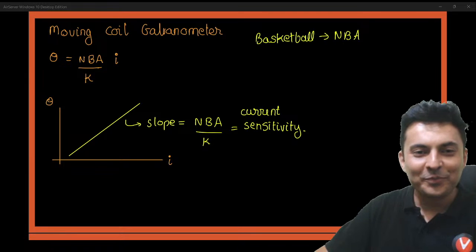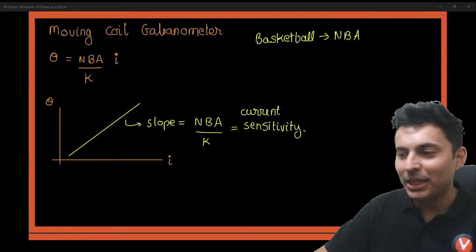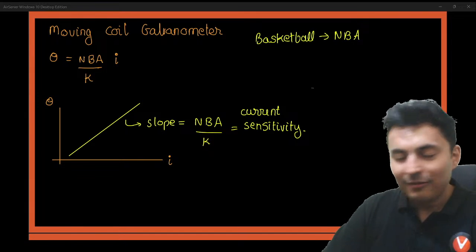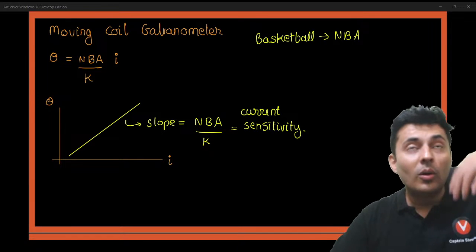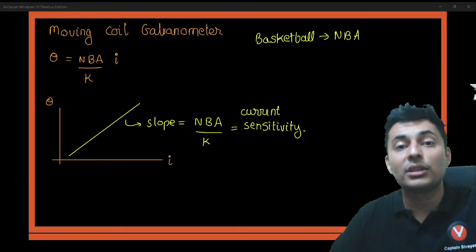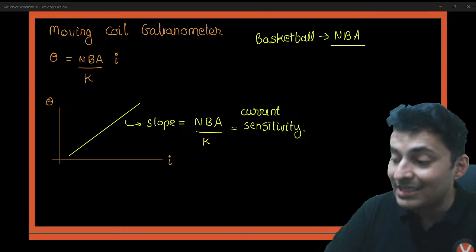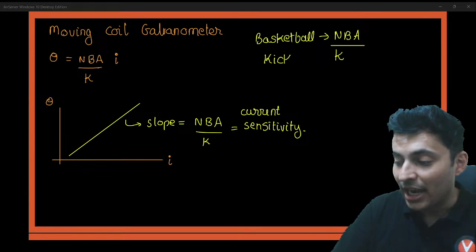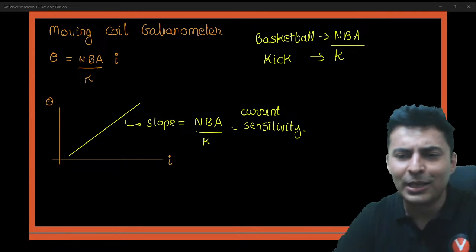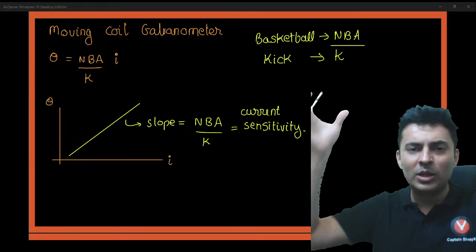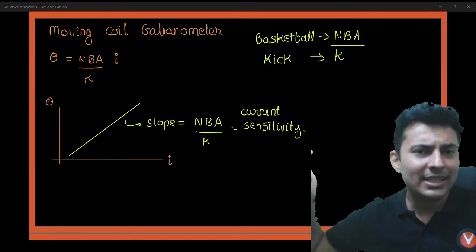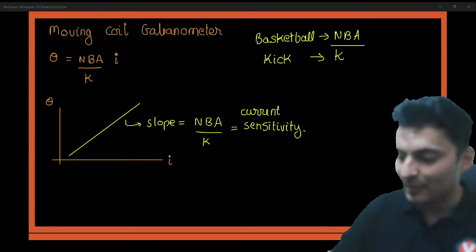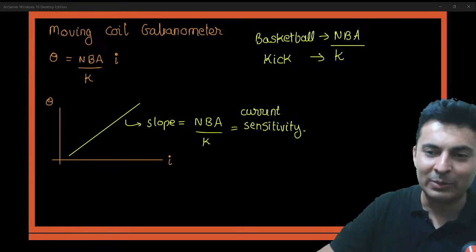Yes. You play it with hands, don't play it with legs. With legs, you will only kick. So basketball is played with hands, so it is on the top. What you don't do is kick it, and kicking is done below. So K for kick, and it is below. That's how you simply remember it. As simple as that. Basketball is played with hands, so it is on the top. What you don't do is kick it. Where do you kick? From below, your legs. So K is in the denominator. As simple as that. Easy peasy trick to remember it.